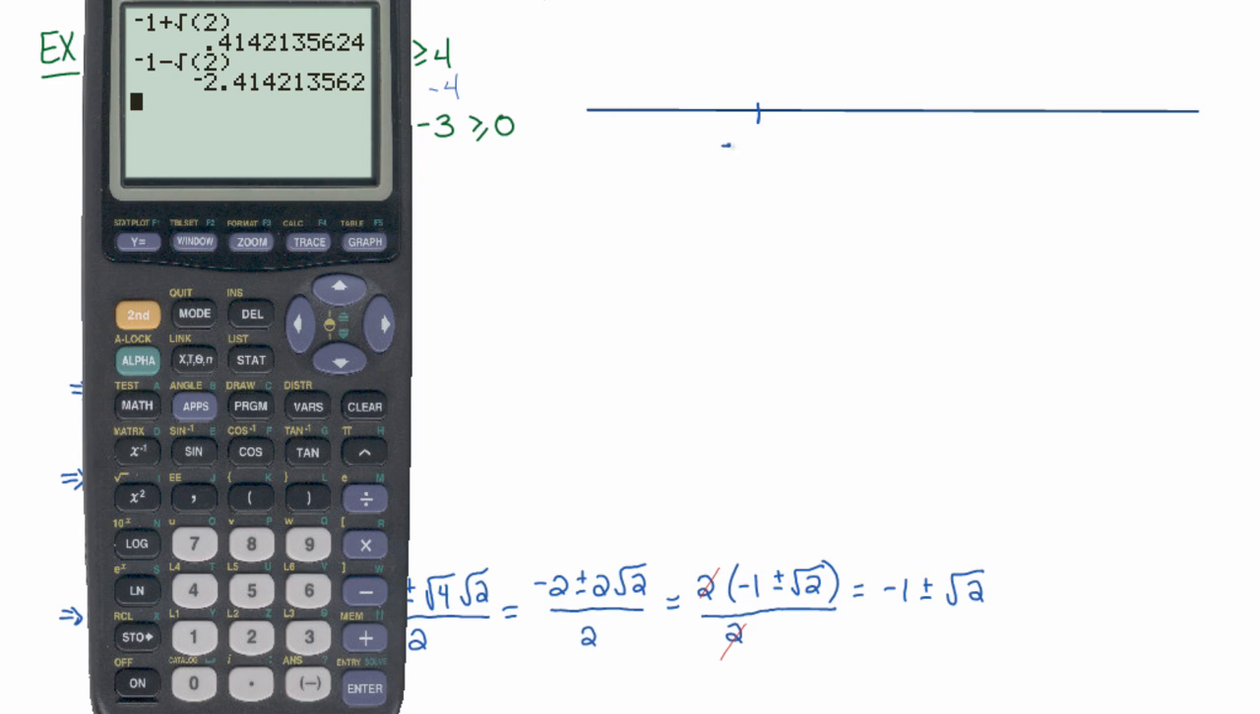A negative 2.4, and I'm just going to say roughly negative 2.4. And then the other one, I'll have roughly a 0.4. Very roughly a 0.4. I'm doing very harsh rounding here. So, okay, so I know that these are two very important points on my